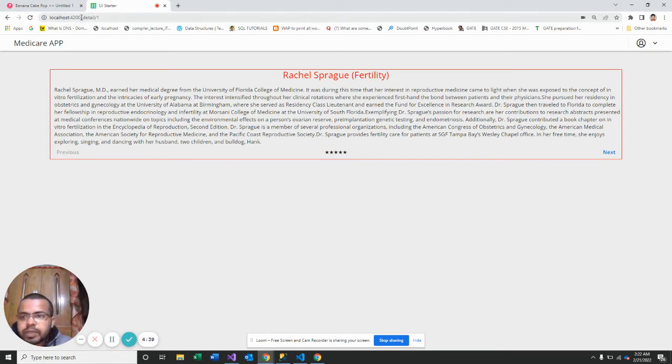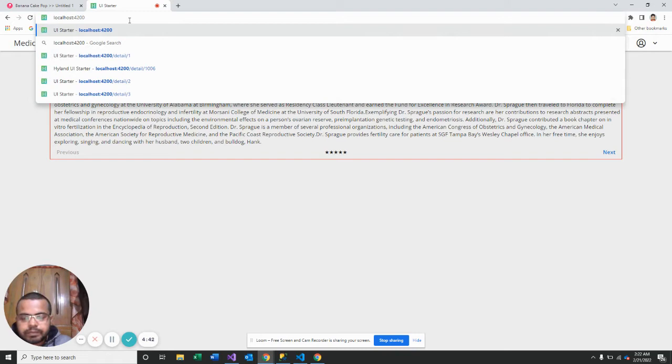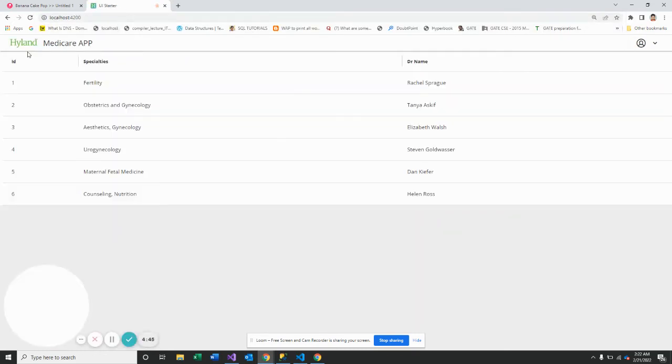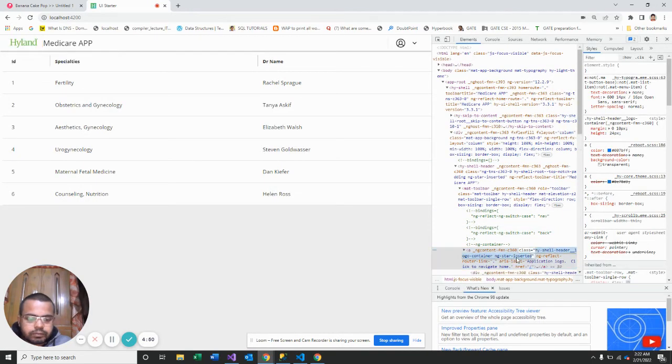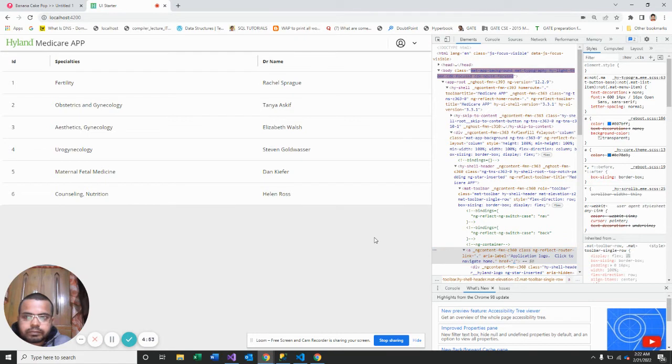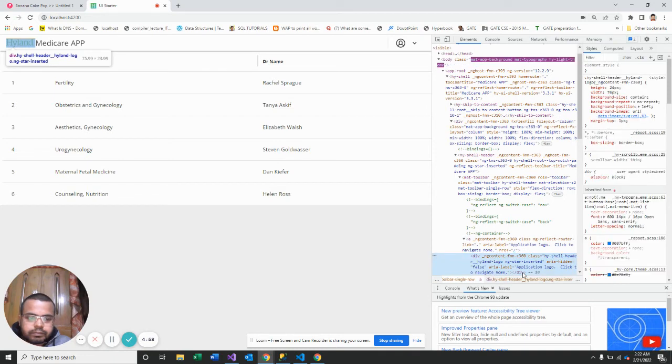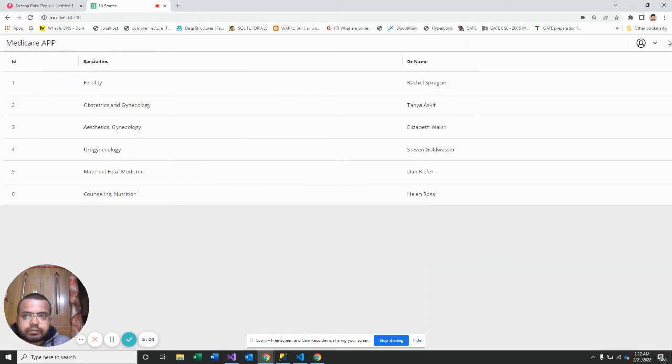So this is one component, and there is another component where it shows all the entries from id 1 to id 6, all the entries in summarized form.